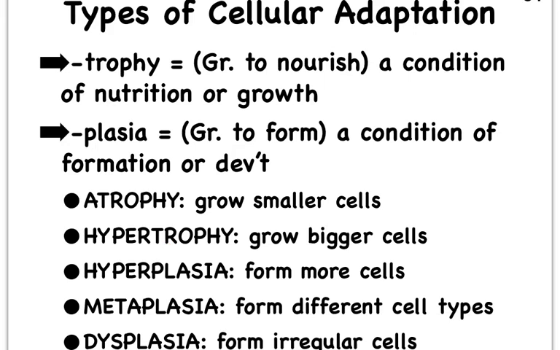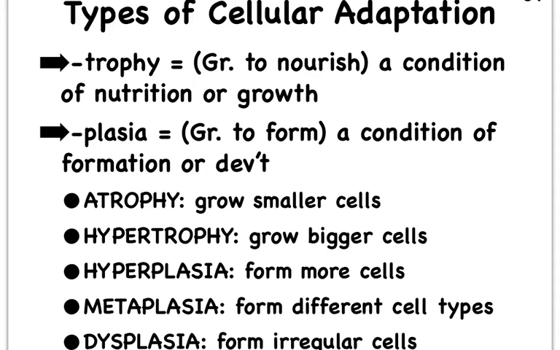In AP1, you've learned that, for instance, during embryological development of bones, where we start with hyaline cartilage, cartilage cells get bigger and bigger and bigger. So we say they hypertrophy. Or when you learned about skeletal muscles, you learned that the reason why we bulk up is not because we make more muscle cells, it's because our skeletal muscles just increase in size. That is what we call hypertrophy.